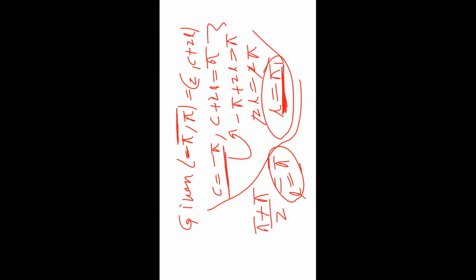Or generally, we replace c equal to minus pi and c plus 2l equal to pi, calculating the L value. This is the lengthy process. This is the shortcut: we take the given limit values only, not the signs, and the average is equal to the L value. So in two ways, L equal to pi. It is a simple way to calculate L equal to pi. Anyway, we have calculated the value L equal to pi, so replacing L equal to pi in the basic formula.